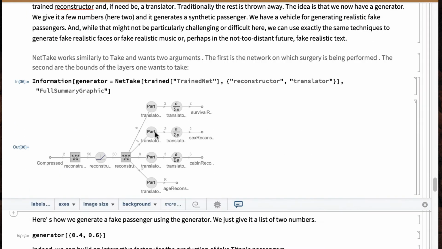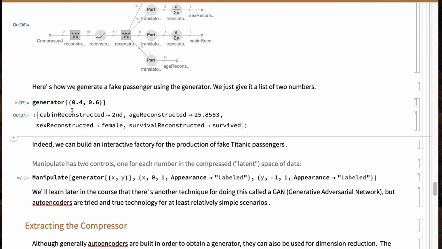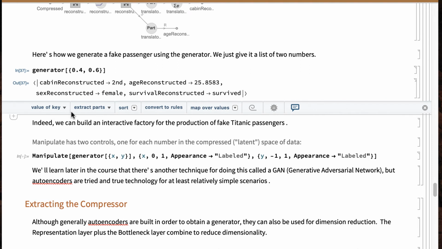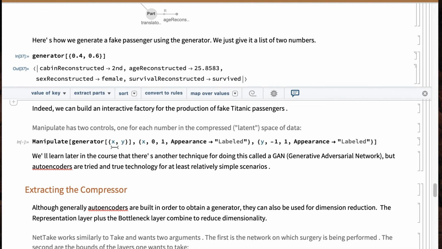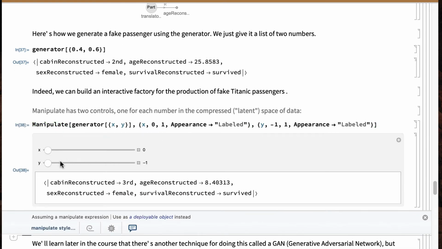So here it is. Here's our network, and we've just lopped off part of the big network we trained. And you can see that if we just give it two numbers, it will produce a fake passenger. And indeed, we can manipulate it where I just vary those two numbers, and it will keep generating fake passengers. So, see, I'm changing its age,